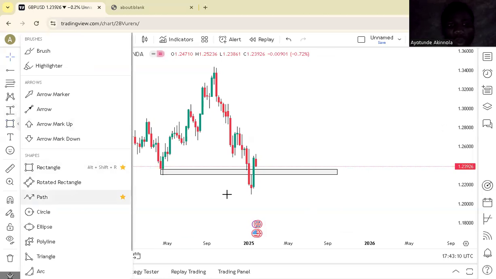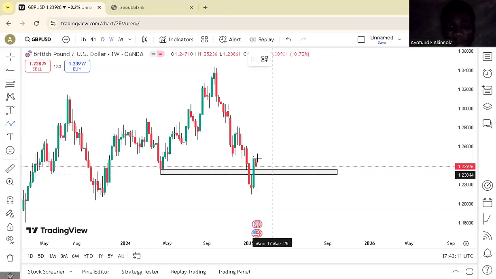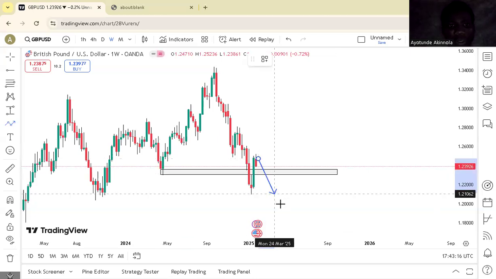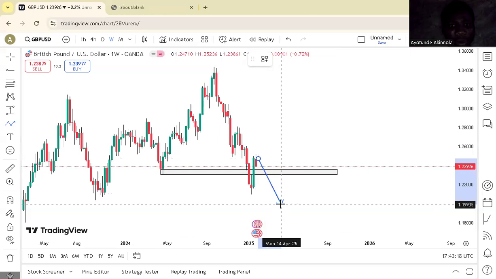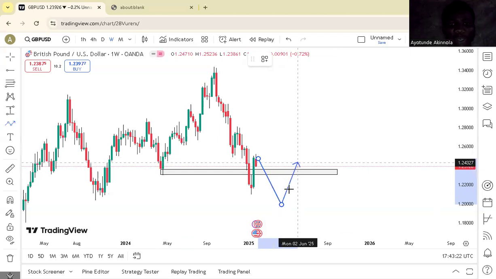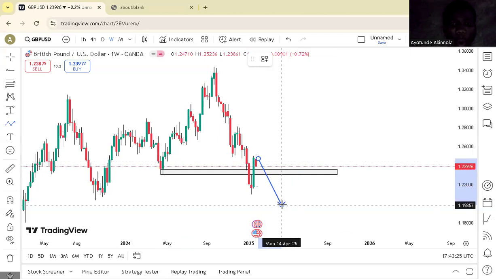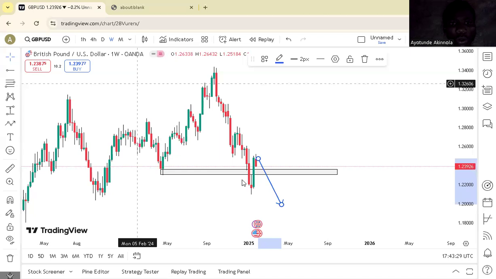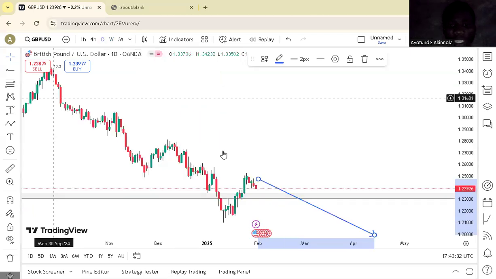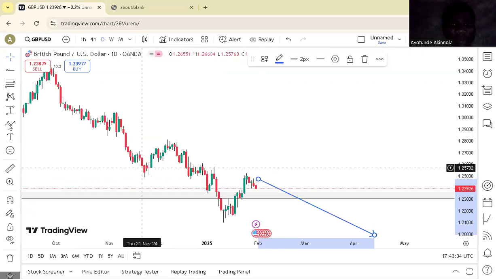So we might see price pushing down to this point before then retracing, or pushing down to this point, or on the daily time frame. Let me move to the daily. Remember, this is one movement. We might see this